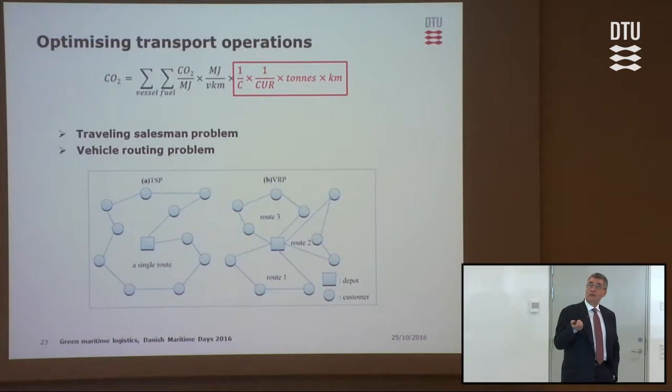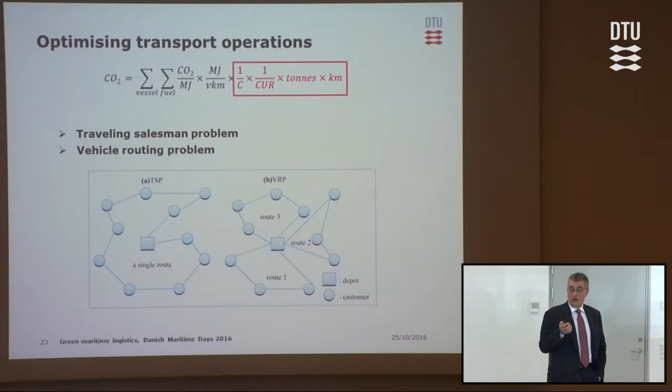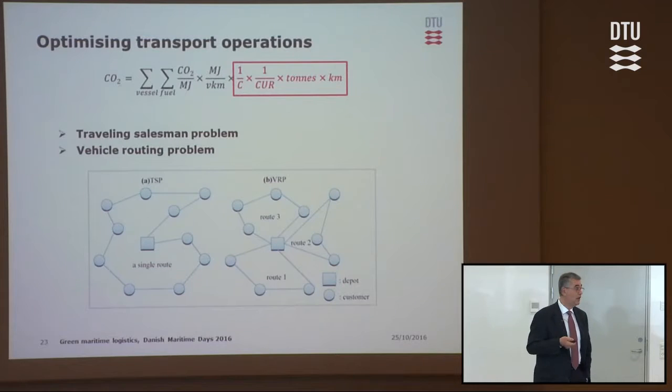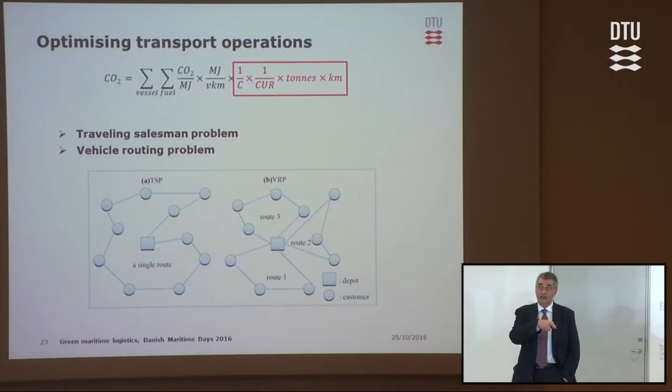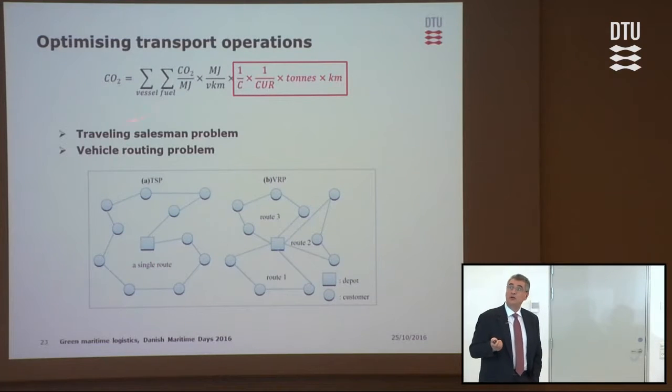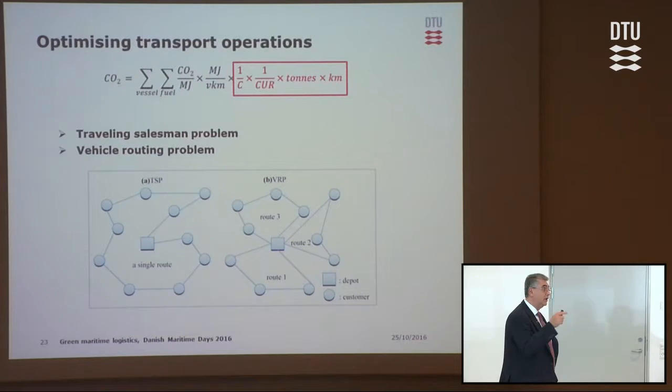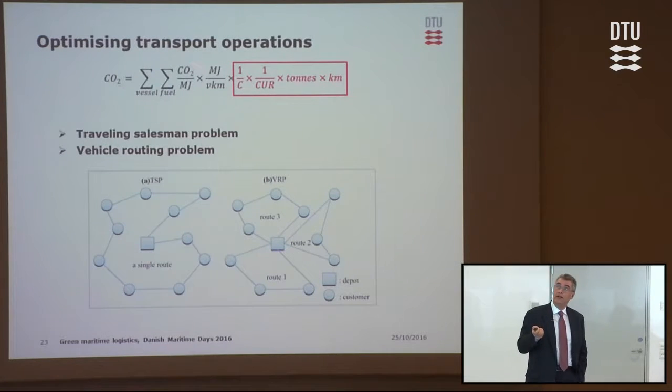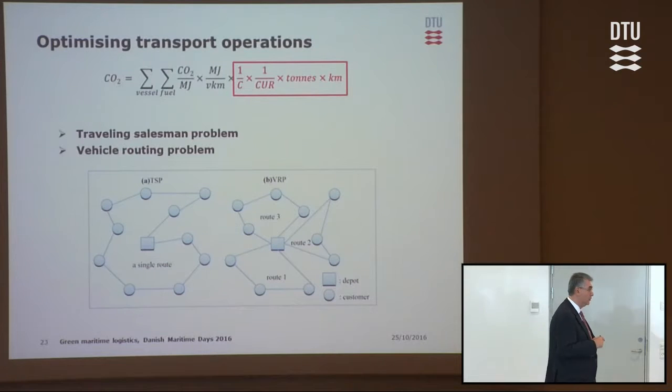So these are two very well-known families of problems that many colleagues in this department are working on. This traveling salesman problem and vehicle routing problem aim at minimizing cost or vehicle kilometers, depending on the formulation of the problem. And we have heard quite a few of those applications all day long today.